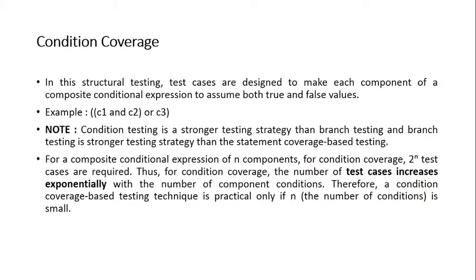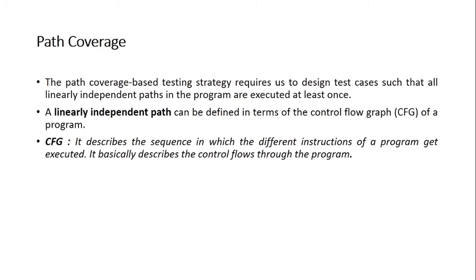So ultimately, since C1, C2, C3, we have taken components here. If this increases, the number of test cases increases exponentially because the number of test cases is calculated as 2 raised to the power n. So if the components increase, the number of test cases will exponentially increase. So practically this method is not used because in any problem we'll have a larger number of components. This is just a simple example where we have taken 3 components only.